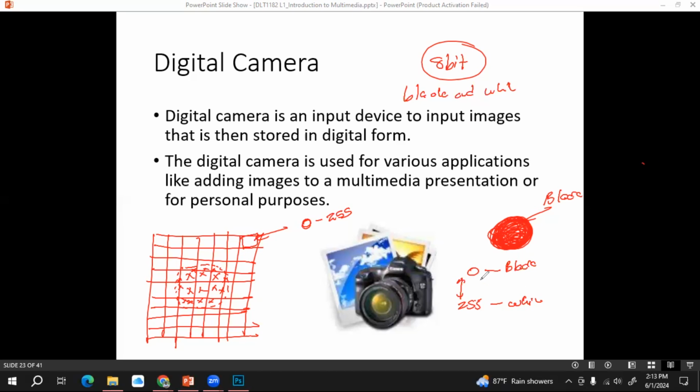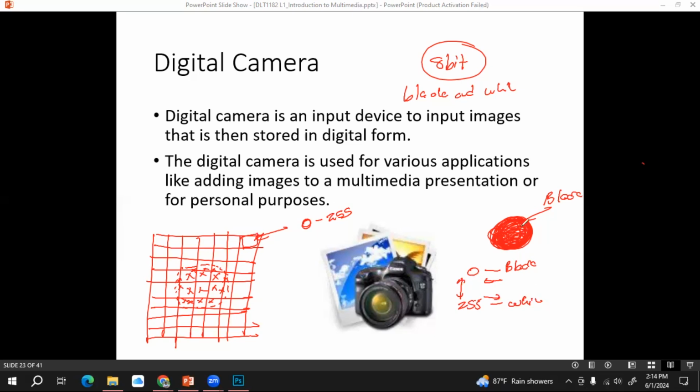Let's say the number is very near to 0, those are very dark colors, let's say dark gray. If it is very close to 255, it is very close to white color, right?